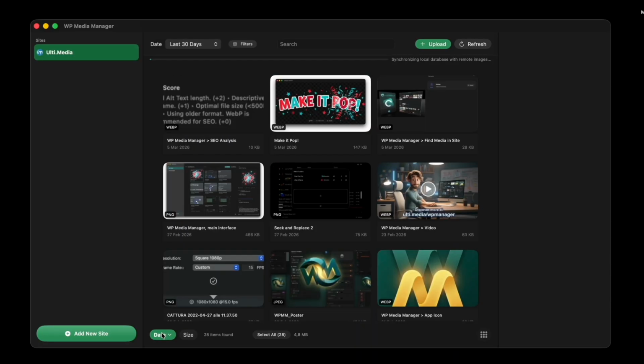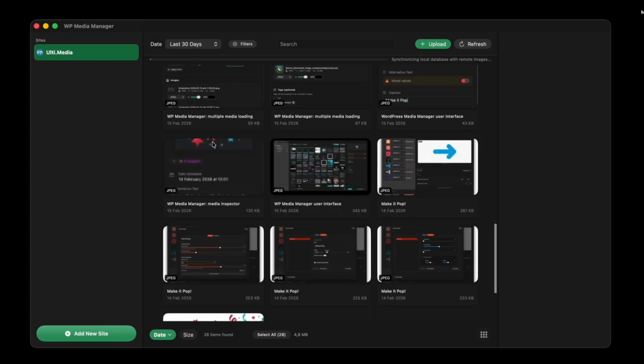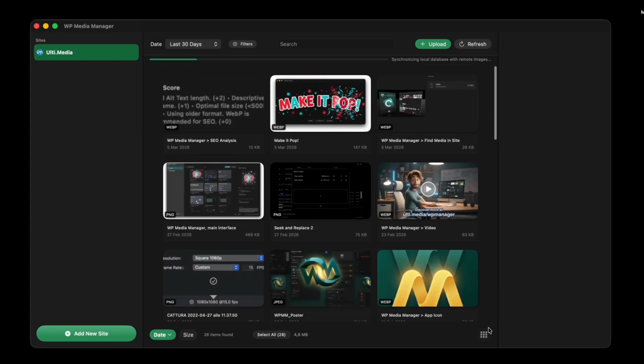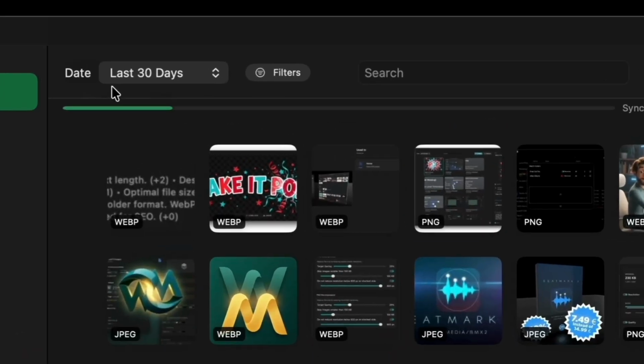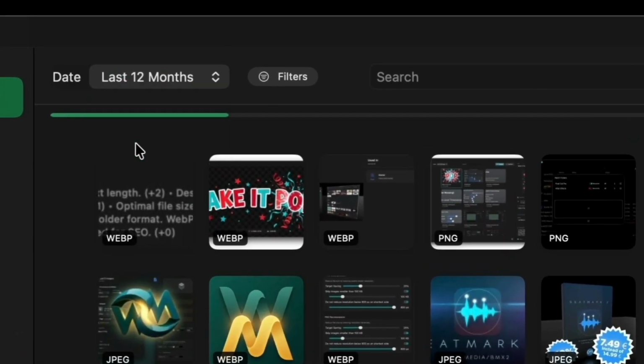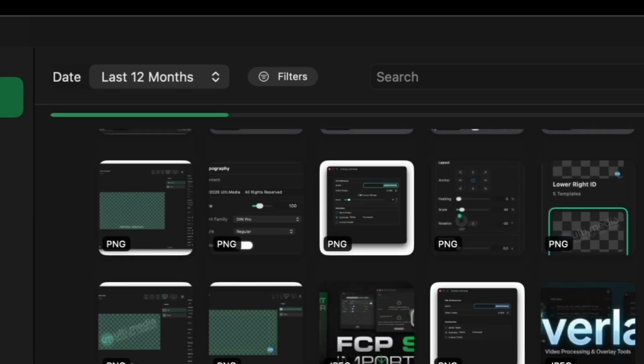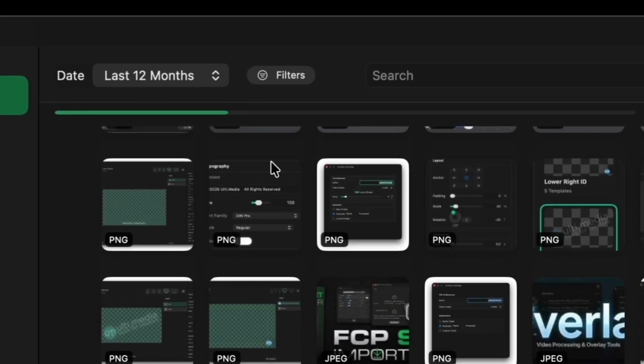You won't just find images here, but also videos, various media, and any uploaded documents. By default, the app displays the last 30 days of activity, media uploaded within the last 30 days. However, using the Time menu, you can set any time frame, including all media. The initial display speed depends on your internet connection.